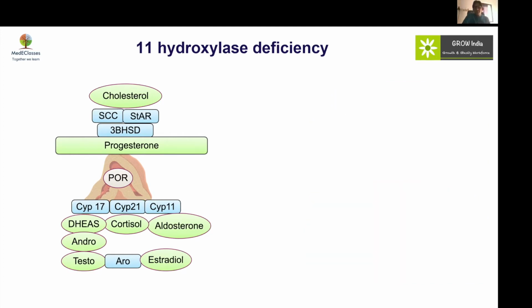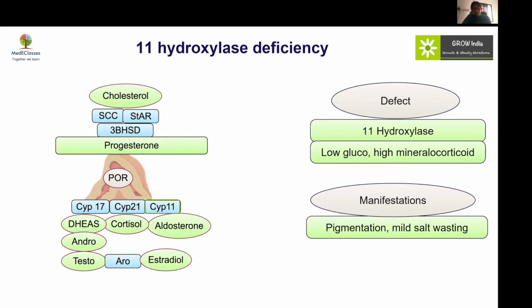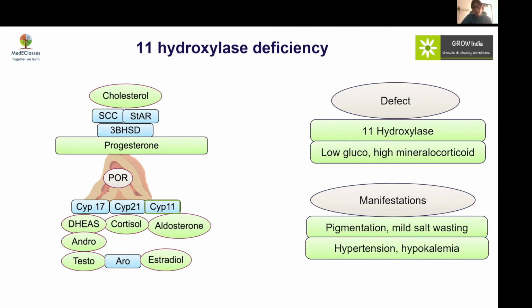11-beta hydroxylase deficiency is observed in 5% of the total virilized females at live birth. And we know that there is low cortisol but high mineralocorticoid due to excess DOC level. Again, due to the cortisol deficiency, there will be high ACTH leading to pigmentation, and mild salt wasting can also be observed in the first or second month of life, followed by hypertension in later life. So hypertension along with hypokalemia and metabolic alkalosis is the hallmark of 11-hydroxylase deficiency, and deoxycorticosterone is the investigation of choice.